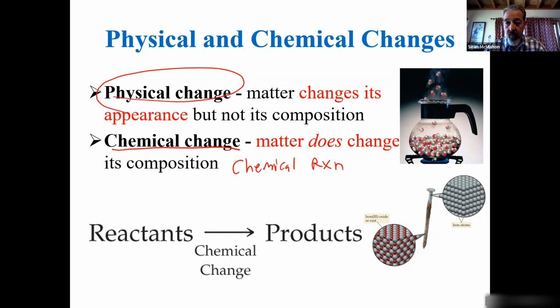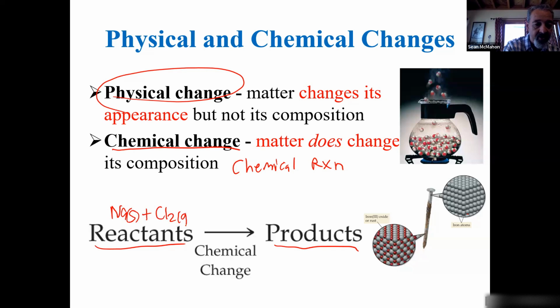So typically how it works is the reactants are your starting materials. It's what you start with. And then the products are what you end with because you produce those. So earlier we had written out, sodium as a solid plus Cl2, chlorine as a gas, gives me the salt sodium chloride, which is a solid. But to balance this, I had to do 2, right? Now, in this example,